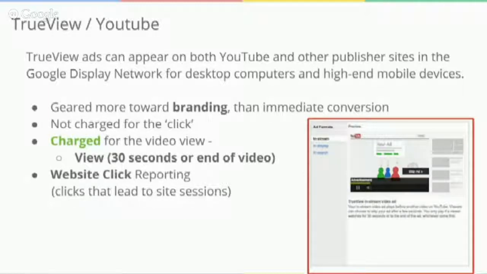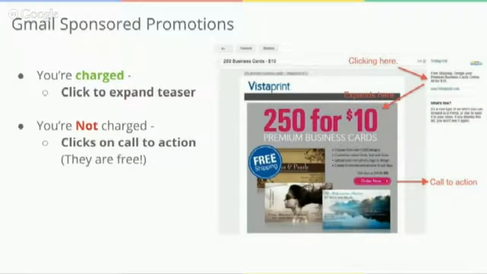The second ad format where we tend to see a lot of differences because the model is a bit different is Gmail sponsored promotions. With this ad unit, if you're logged into your Gmail account checking your emails, you might see in the top right-hand side a little promotional tile. If you click to expand that tile, that's the point at which you as the advertiser are billed.